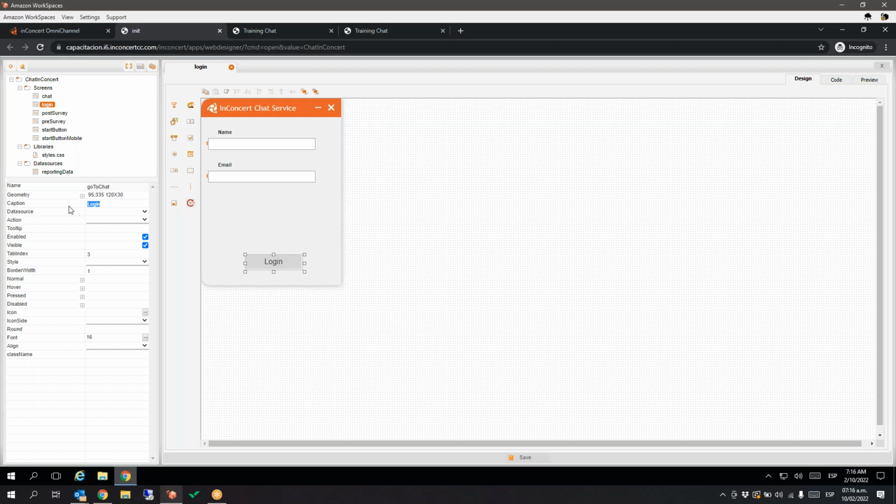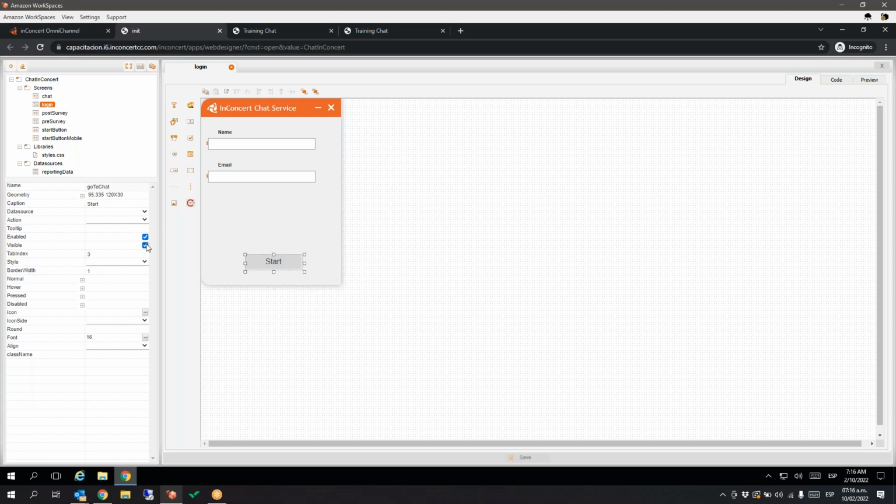You can okay. Here tooltip is for when you hover the mouse, it will say something. Okay. Enable is for enabling the button,